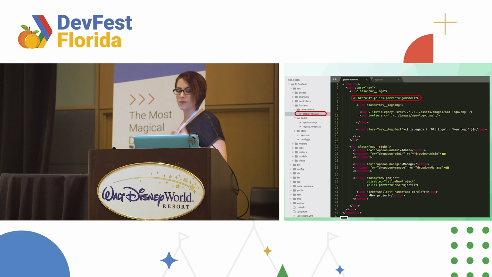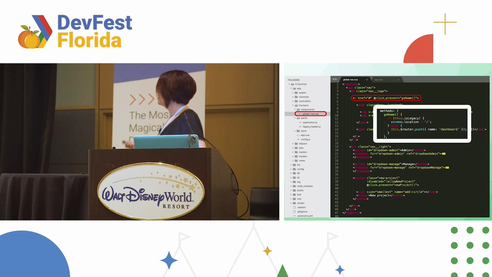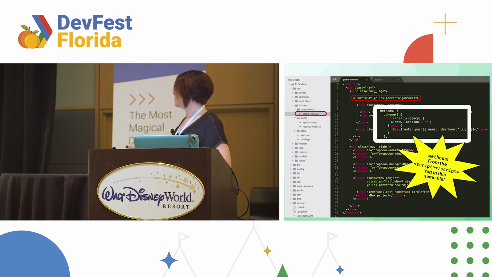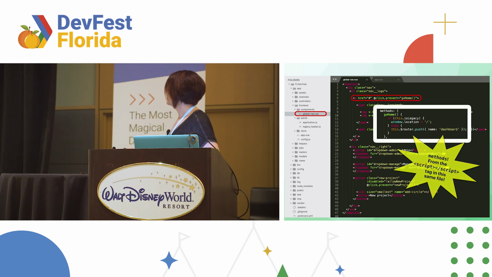And up here I have some VueJS syntax in my Vue component. And this has a click.prevent go home function. Now, this is a function. It's a method, and it exists within the same VueJS component. In a VueJS component, you get a template tag, a script tag, and a style tag, all in the same file. So this method exists down below, but we're referencing it up here with our @click,